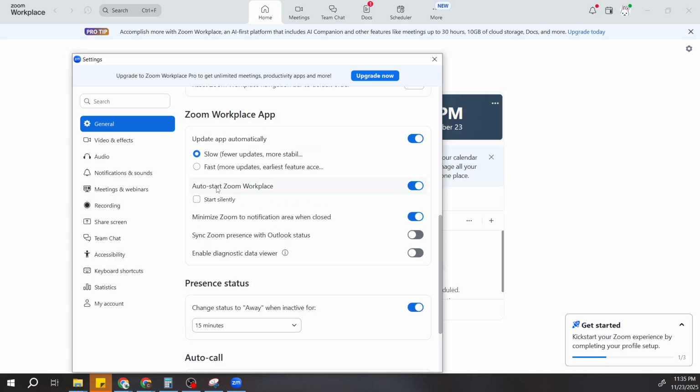Now find the option related to starting Zoom automatically. Depending on your version, it may read Auto Start Zoom Workplace, Start Zoom when I start Windows, or Start Zoom when I start this computer. Uncheck that box. If you see more than one startup-related box, such as options to keep Zoom running in the